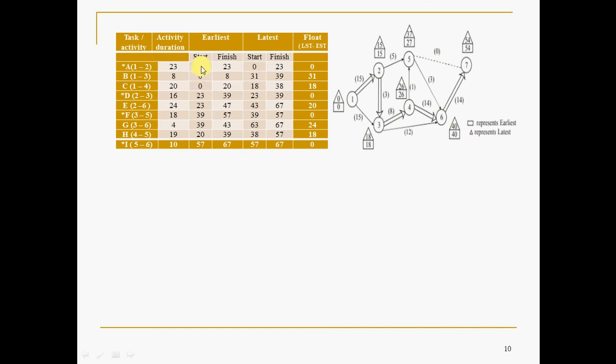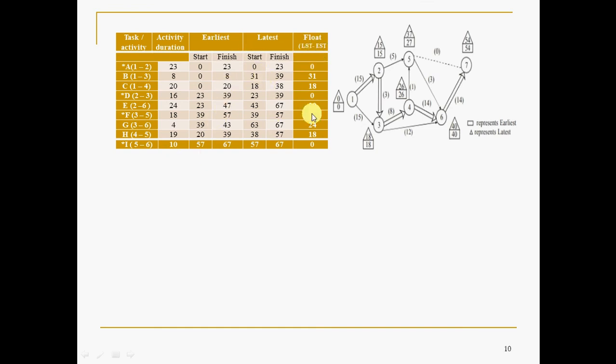This is the lower square value, this is the upper square value; for each activity you can make out lower, upper. The formula is also given in the previous table. This is TI, this is TI plus TIJ. This one is TLJ, this is TLJ minus TIJ. So this is the forward direction, and this is the backward direction. Please refer to the previous table for the template. It is the same; only the forward pass and backward pass are not shown here. So you will get the finish and start times.